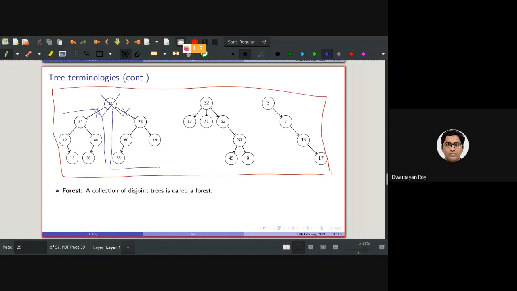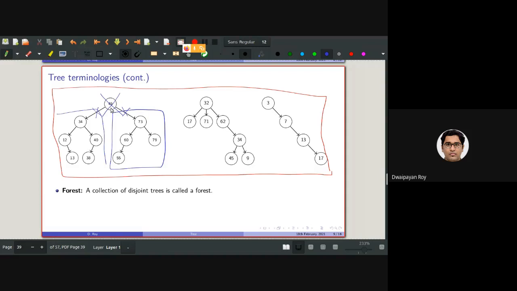So what will I end up with? Anyone? Basically, if I remove one root, I will end up with a set of subtrees. If I consider them all together, it will be basically a forest.